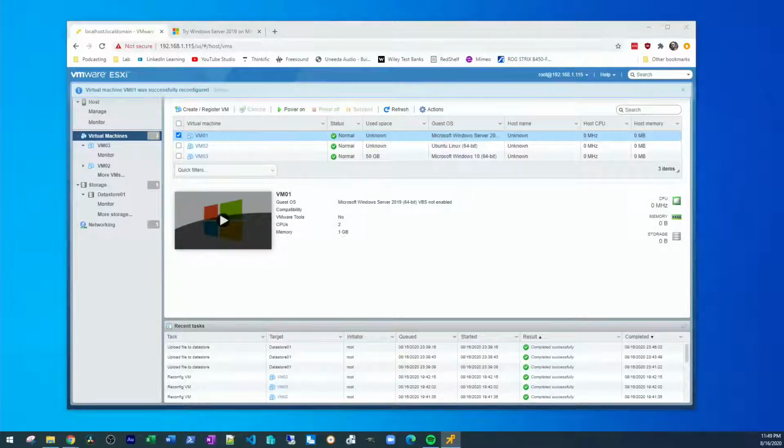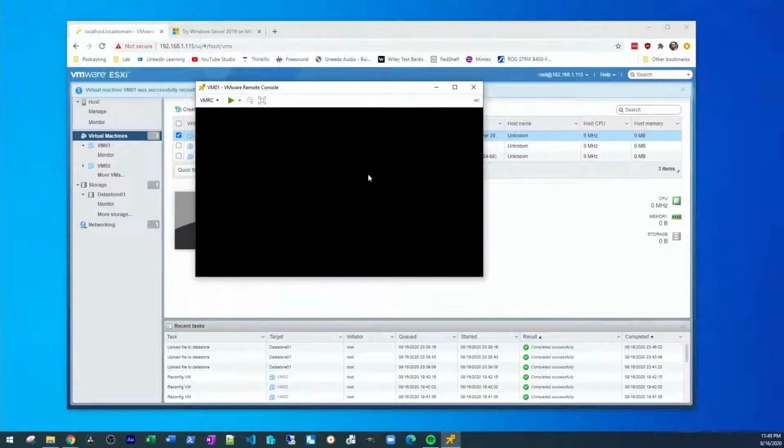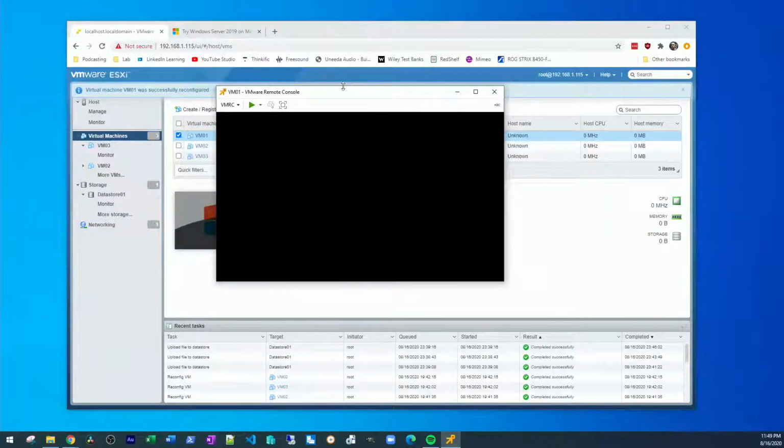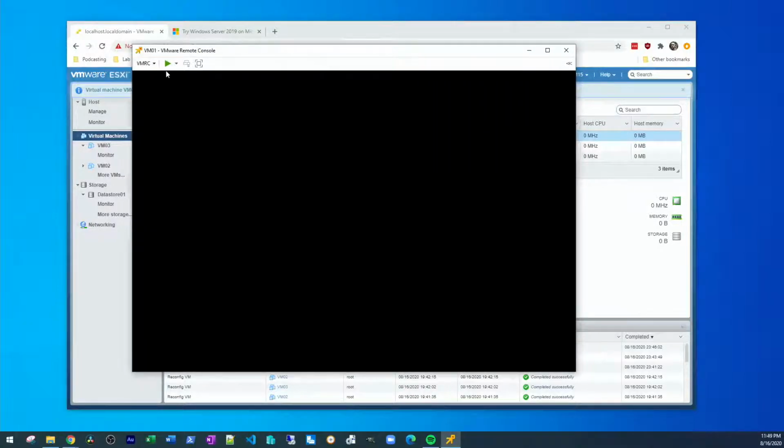And let me bring it into view for you here. Oh, it's not letting me. Let's see. Now I can move it. All right, it was warning me about the certificate of this host. So I had to click allow this host before it would let me drag the screen over here. And this is my VM. This is where I'm going to see my VM boot up. And if we bring this and hit play,